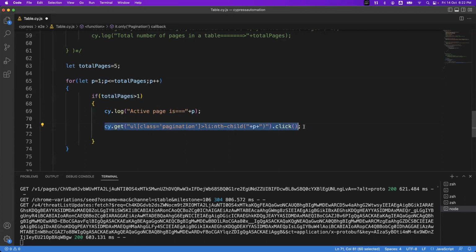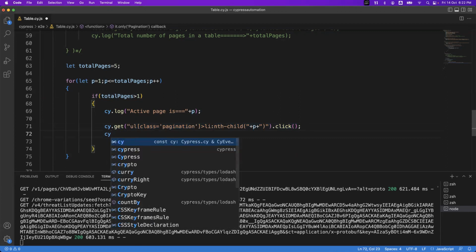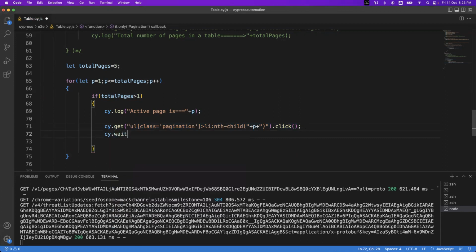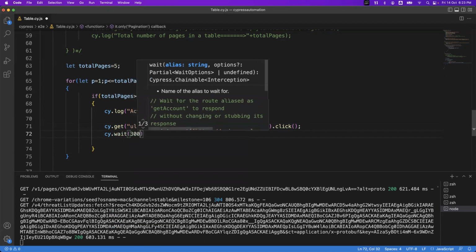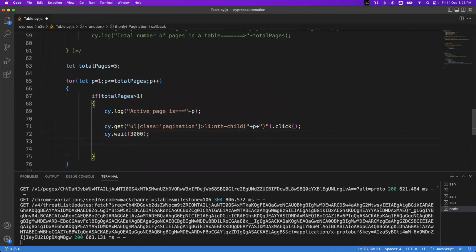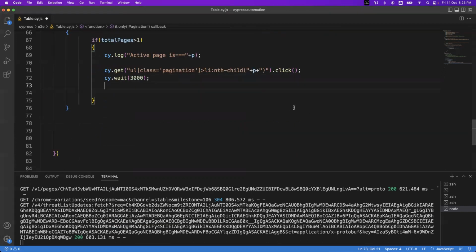So once it is clicked, the page will open. And if you want to wait for some time to see the page, you can use cy.wait. You can wait for a few seconds, like 3 seconds. And once the page is open, now we need to write logic to read the data from the particular